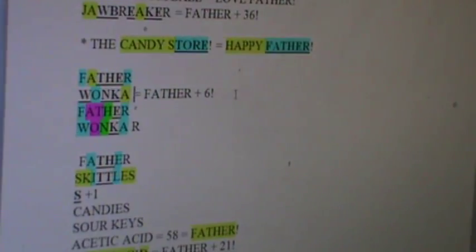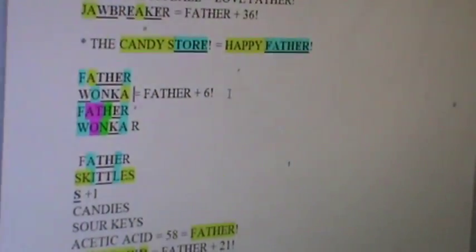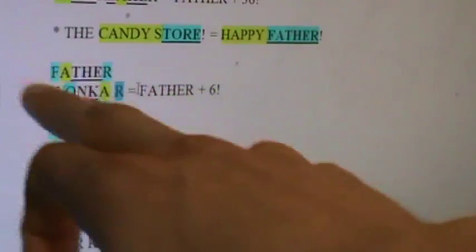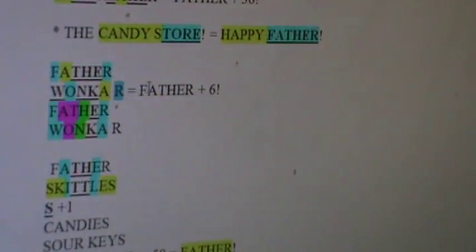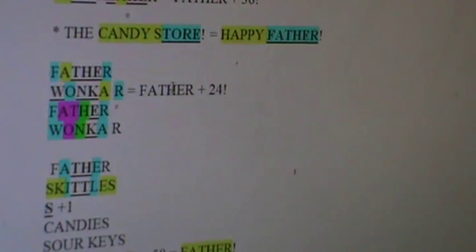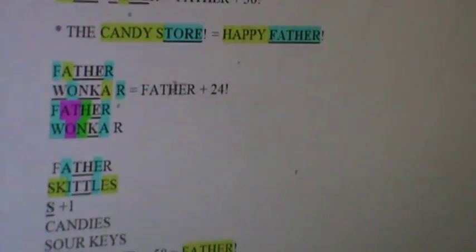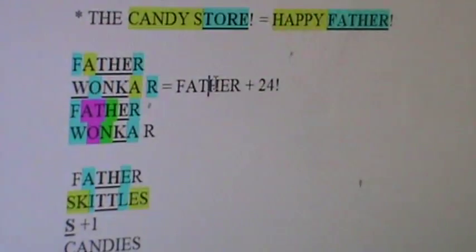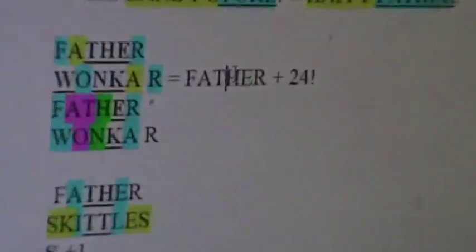This is so obvious because it was offsets of 6s for the Trinity de facto. The R for copyright is 666. Now you get your second letter that divides by 3, completing the puzzle perfectly for Father in Wonka R. And now Wonka R equals Father plus 24. You just went 666 higher than the 6 you already had. And so it's obvious for the Trinity that God the Father is pointed to by the name Wonka, while the Trinity is maximally glorified. Clap 3 times. Willy Wonka and the Chocolate Factory are now solved in the house.